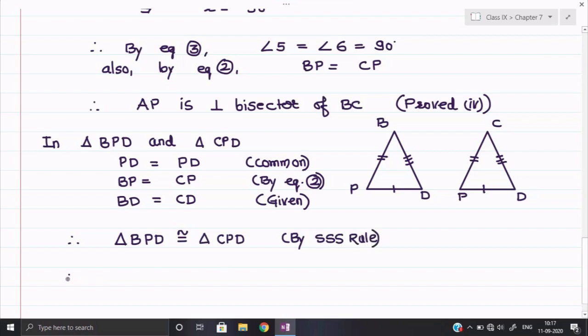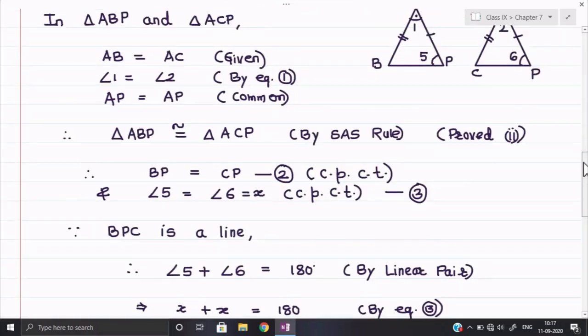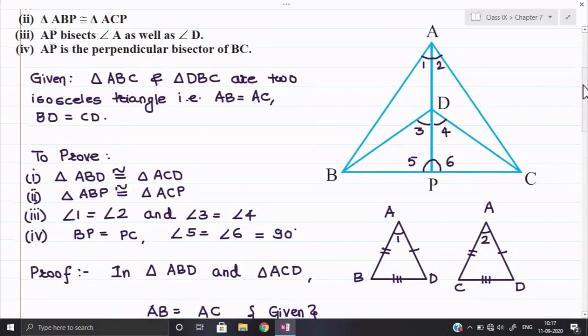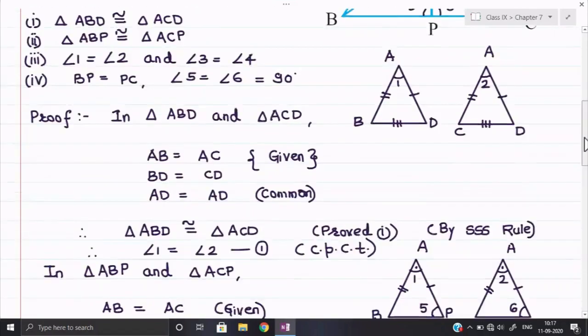Okay, and if we are proving these two triangles congruent, definitely we require either a one pair of corresponding side or one pair of corresponding angle equal to get the part number third. Look at the main figure now. Okay, see the main figure. In these two triangles, observe angle 3 and angle 4 we have marked, and in the part number third we need to show angle 3 is equal to angle 4. So angle 3 is which angle? BDP, and CDP is angle number 4. Look at the angle BDP and CDP.